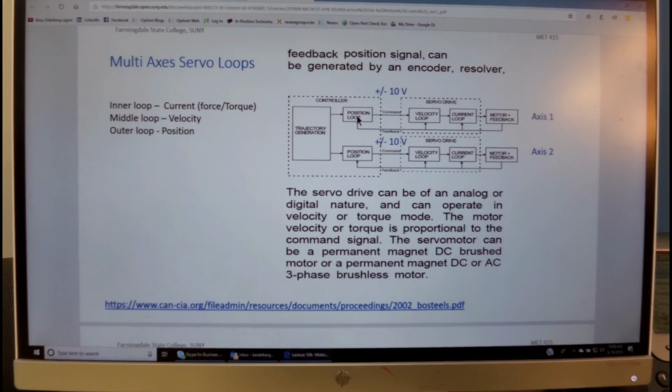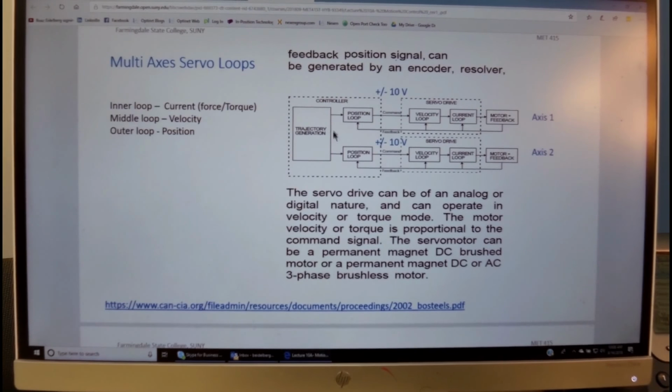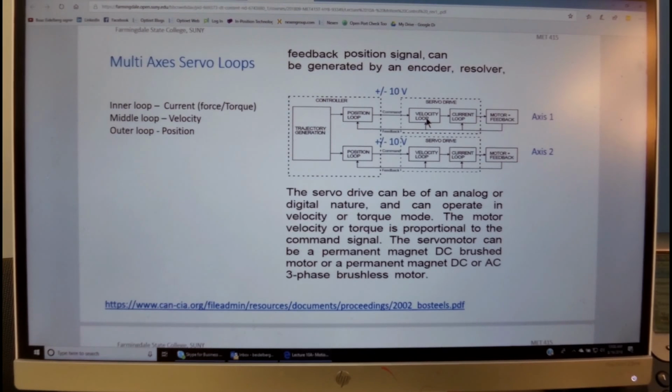To the position loop, it feeds the encoder signal. To the velocity loop, it feeds in the velocity signal, the derivative of position. And to the current loop, it feeds in the actual current which flows through the motor coils. Each one of these loops is feeding into the inner loop. So the outer loop is a position loop, velocity is the middle loop, and the current loop is the inner loop.